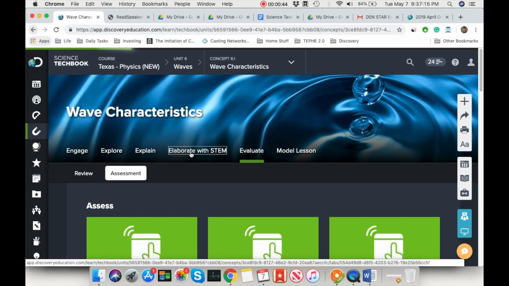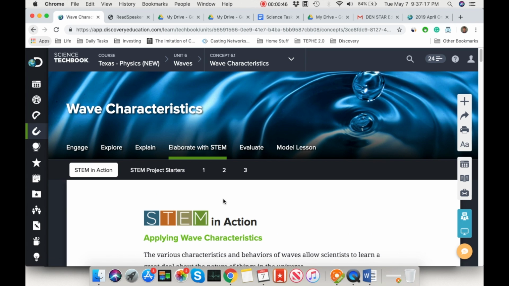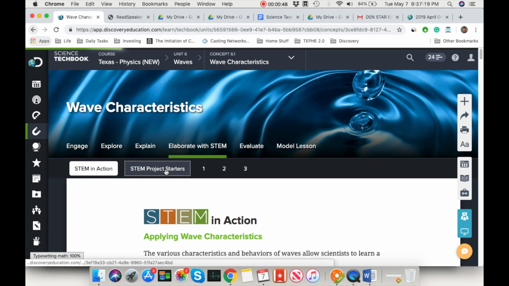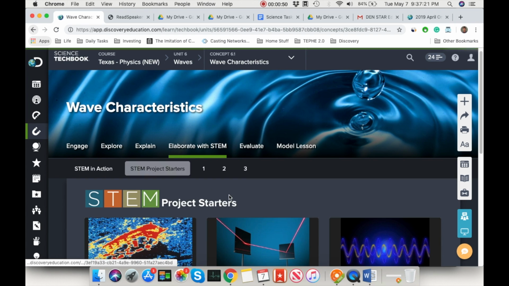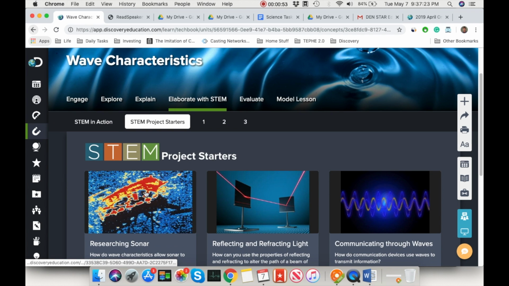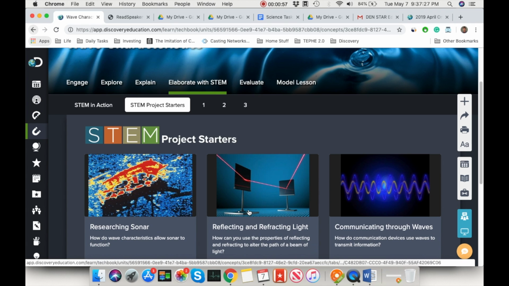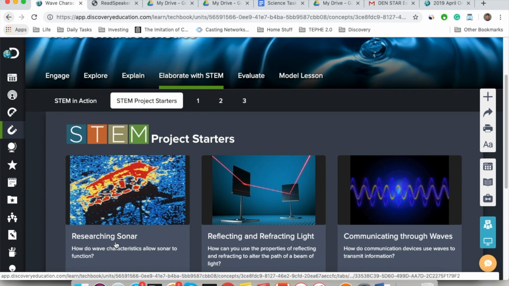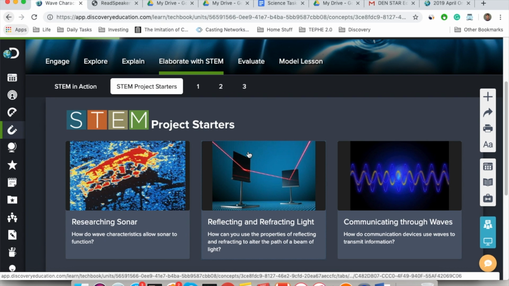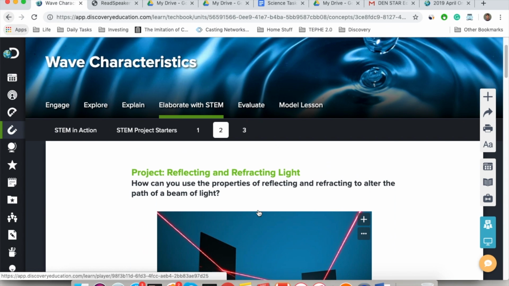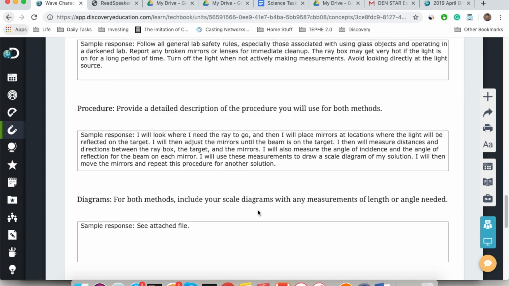The Elaborate with STEM is going to give us some projects. So we can go to the STEM project starter and we can overview all of the projects that have to do with wave characteristics, this concept. In this case, we have communicating through wave, refracting light, and researching sonar. So you're allowed to open these up, and the cool thing about this is if you find something you absolutely love,